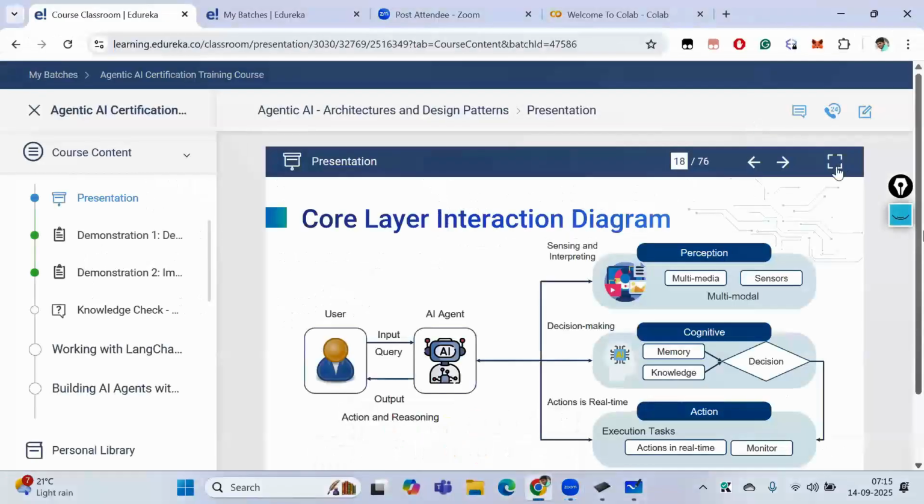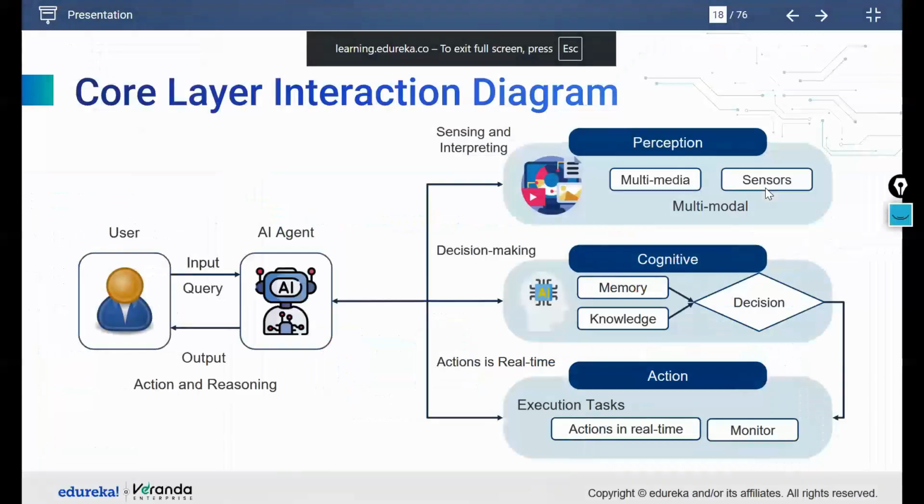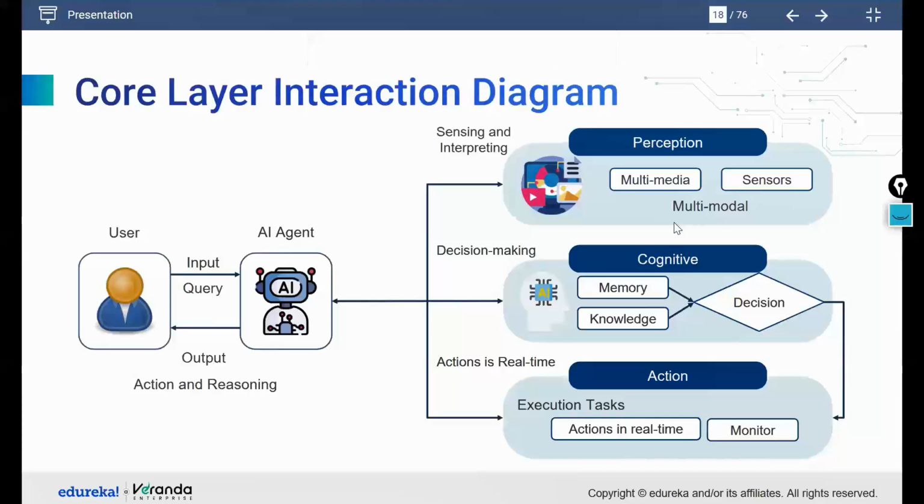Let me take you to the agentic core layers. Yesterday, whatever you learned, that is done. That part is completed. Now we are learning some new architectures, a new perspective. We will try to understand what exactly it is, and we will learn it in a very simple way, like how we learned yesterday, to understand